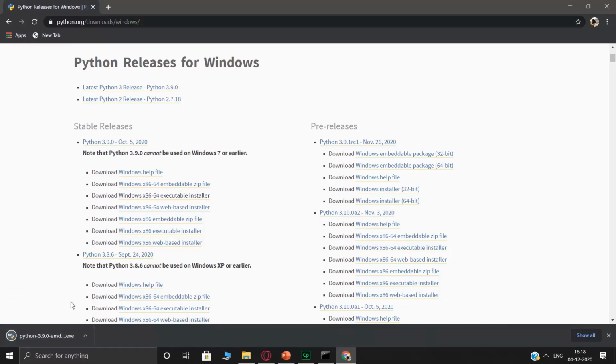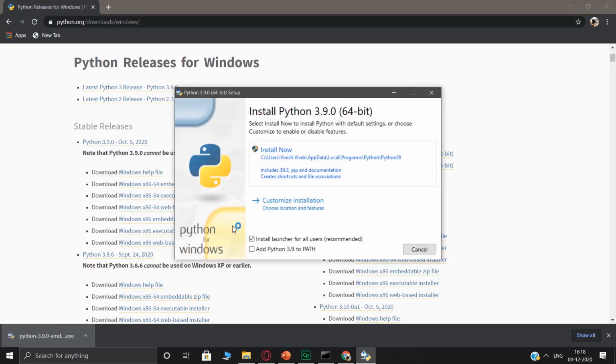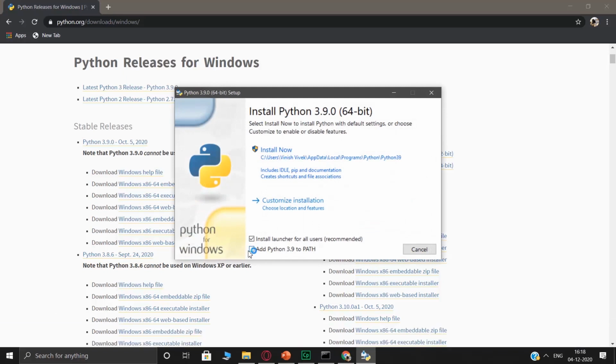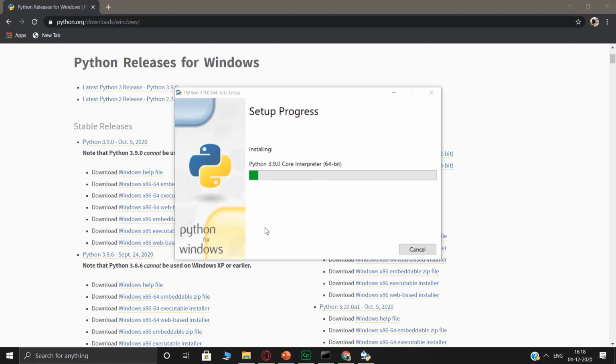The file gets downloaded. Once it does, you click on this and you hit run. Over here, you make sure that you add this Python 3.9 to path. This way, Python will be available to you everywhere. Now you just click on install now over here, agree, and once the installation is complete, Python will be installed into your system.